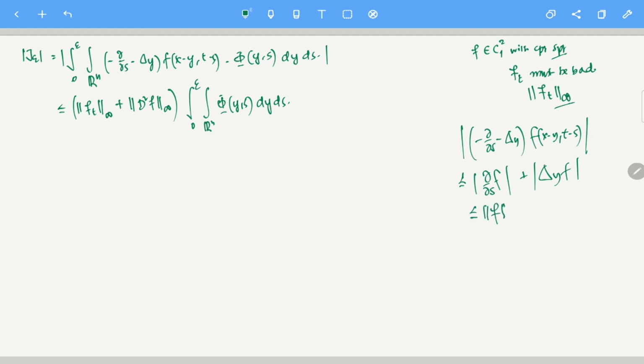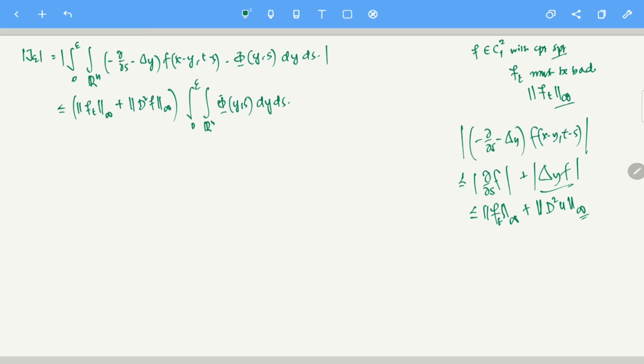Okay, what is the bound? It is the L infinity bound of ft, right? So basically the maximum of ft in R. And here for delta y of f, I am just taking the max of d2u. So this can be bounded by the L infinity norm of d2u. Essentially, whenever I am writing L infinity, it means the maximum of f on whatever domain we are working with. Clear?